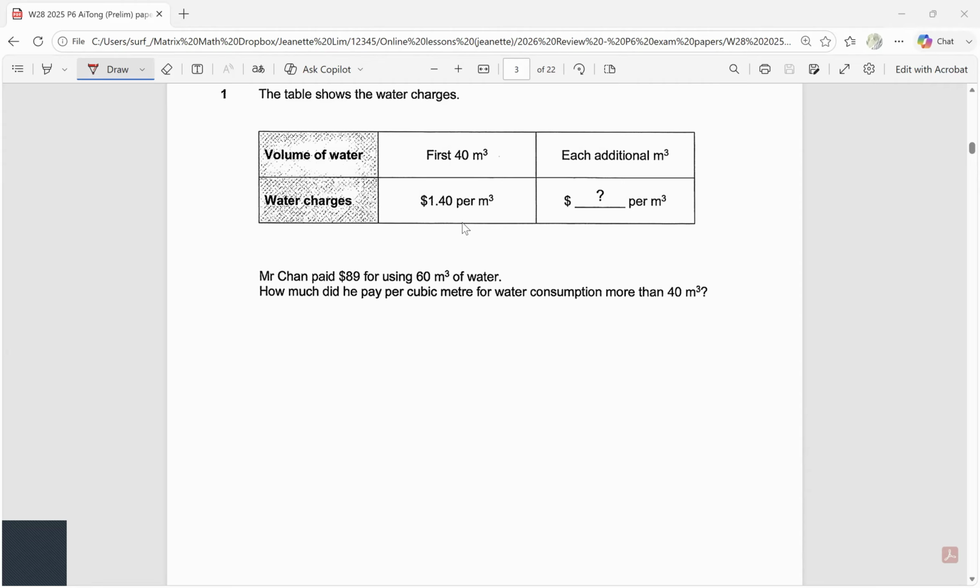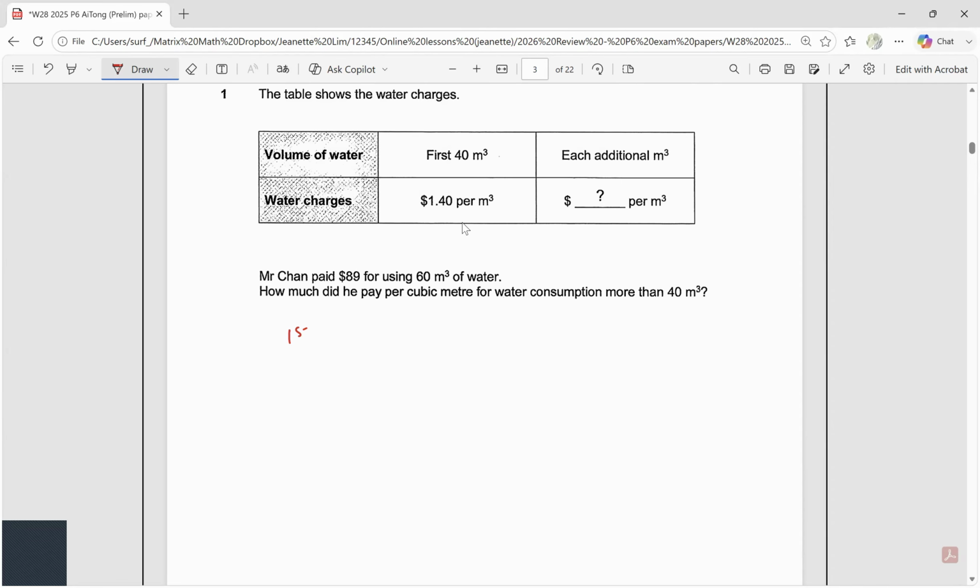So part of his 89 will be for the first 40 cubic meters, which is 40 times $1.40. That will give us $56. So out of the 89, part of it is 56. So the rest of it would be 33. Okay, so 89 minus 56, 33. So $33 is the amount that he has to pay